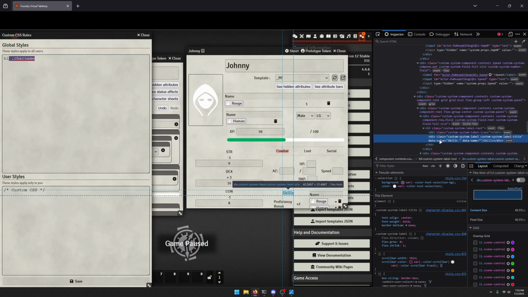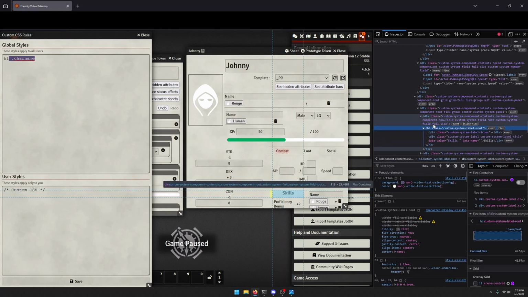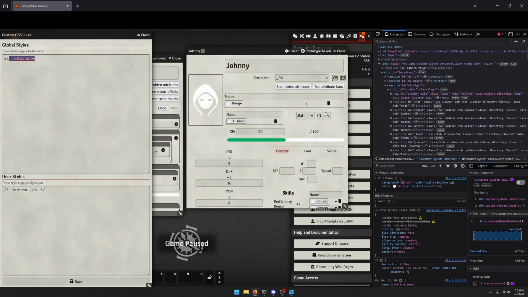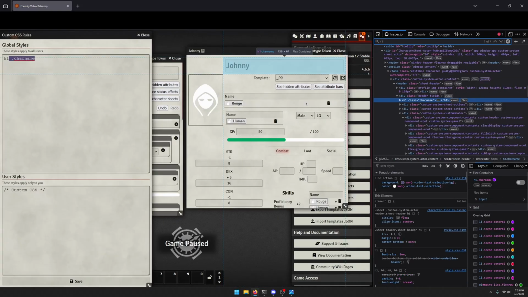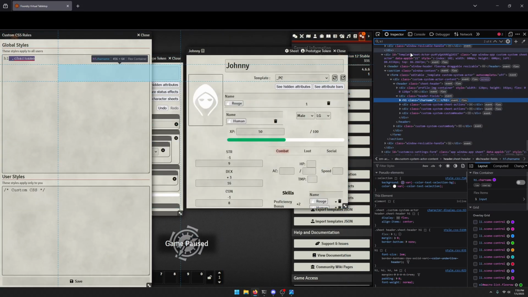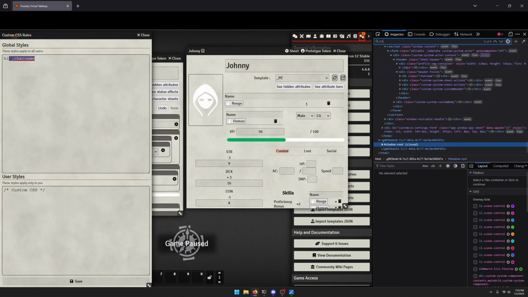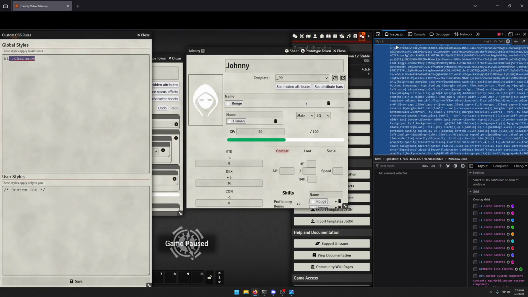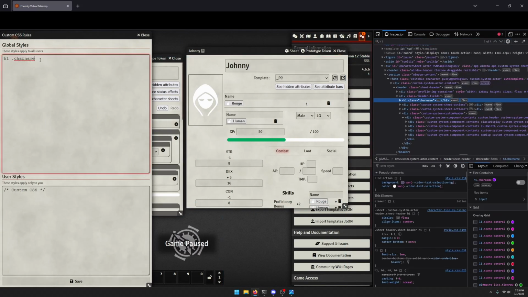No, they just have a class called title, but they're under an H3. So there might be another H1 somewhere on the sheet. I can't tell you for sure without searching it, which we can do right here. There's the character name. And it looks like character name actually is the only H1 in the sheet. So it would be safe to target with H1 unless you've done your own label. But just to be a little more specific, let's use car name